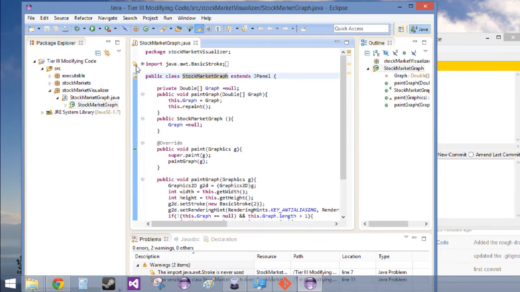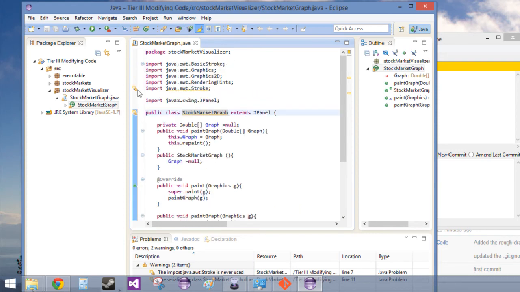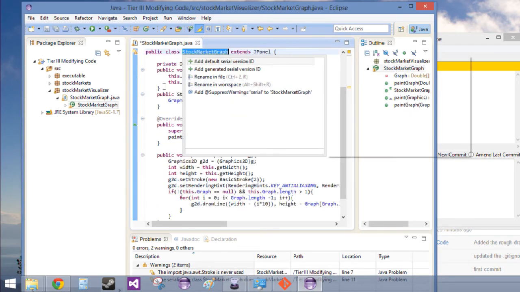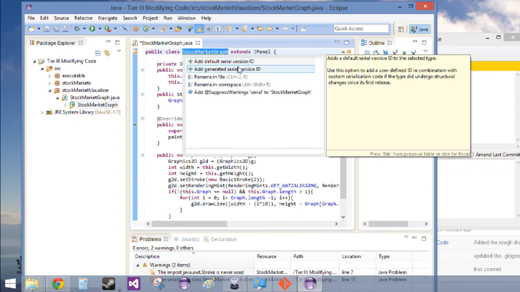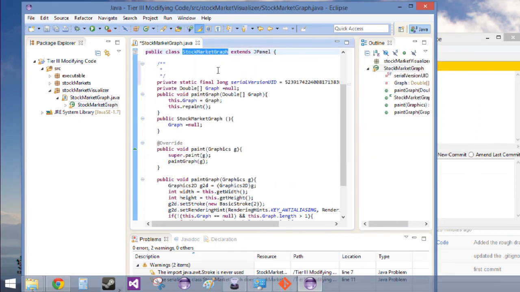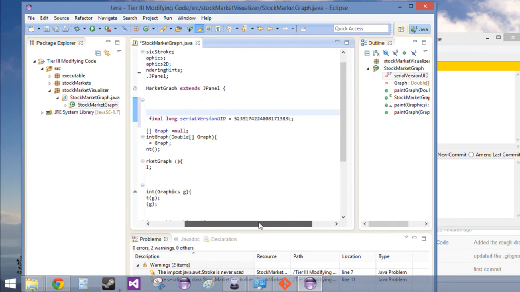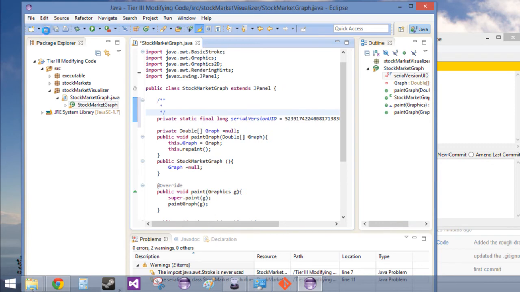Let's say I wanted to get rid of this import, Java stroke, is never used. I'll just remove it. And in here, I'll add a generated serial version UID, some final long, sounds great. Save it,